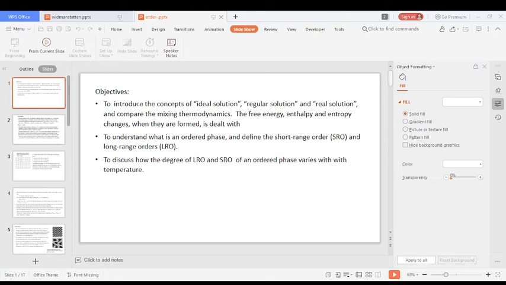Long range order, L. We define the long range order parameter such that L is equal to 1 for a fully ordered alloy when all atoms occupy their correct sites. So if you have 2 sublattices, atoms of A type occupy one sublattice entirely, and all atoms of B type occupy the other, and then depending upon the stoichiometric ratio.